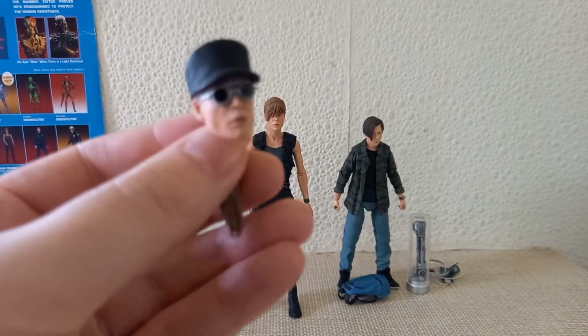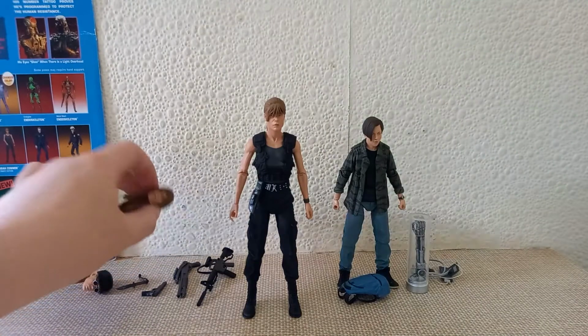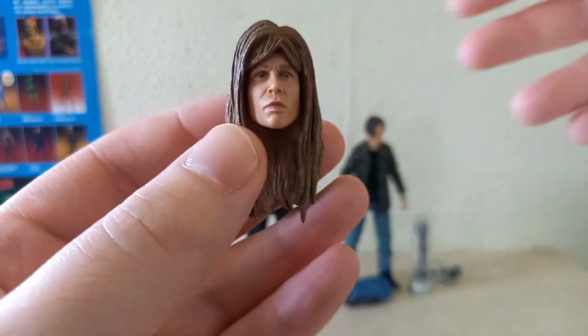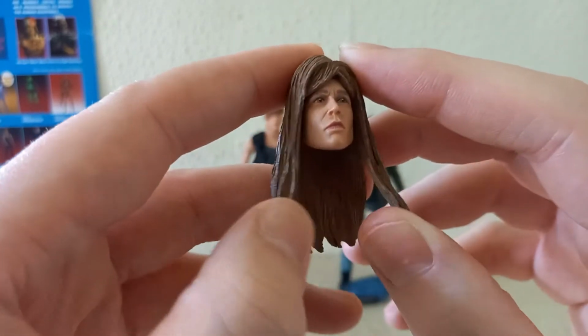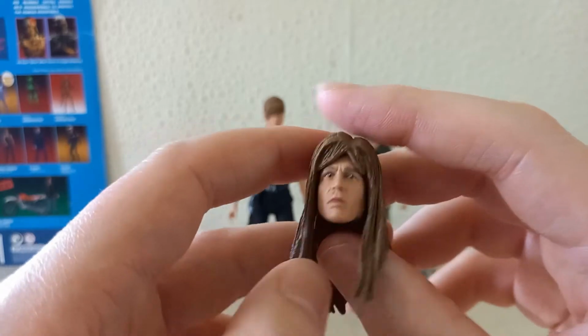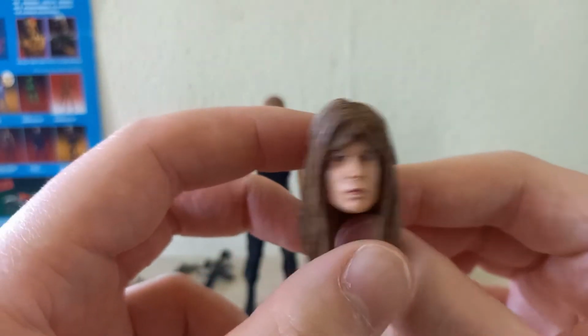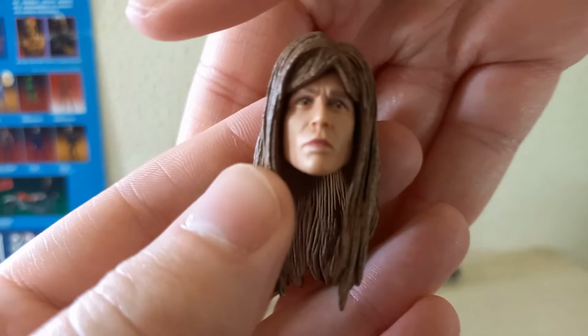So yeah, this head sculpt, very, very nice. This is my favourite head sculpt, actually. And although I feel like her likeness isn't as strong, this is the one that I will ultimately display her with, because it's how she looks in the final battle in the steel mill, which is my favourite part of the film. What I love about it, and I didn't notice this at first, is they have actually given her...